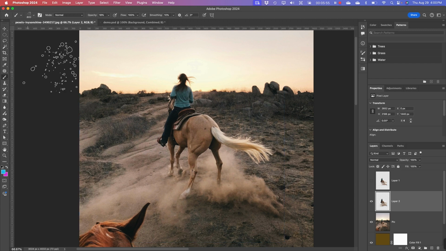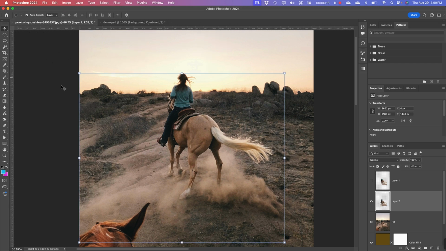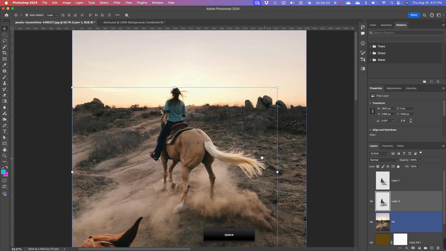But play around with some of the different brushes. Remember that you can increase the size of the brush by tapping the close bracket key, and you can reduce it by tapping the open bracket key, just to get some different effects, different looks. And if you get your horse and your person cleaned up,